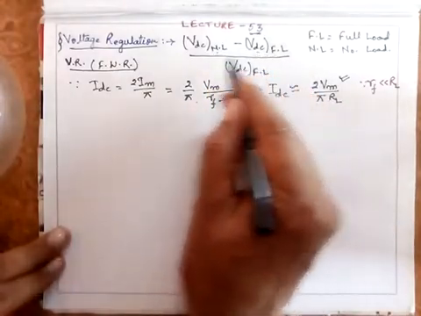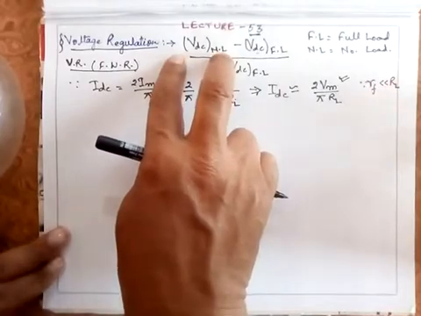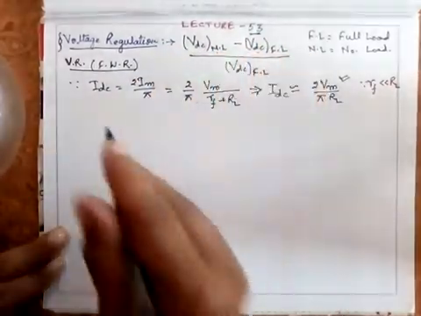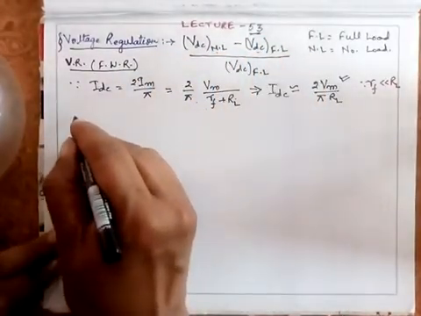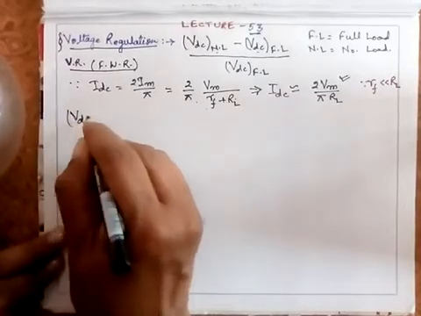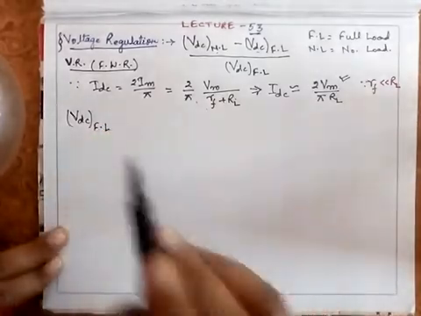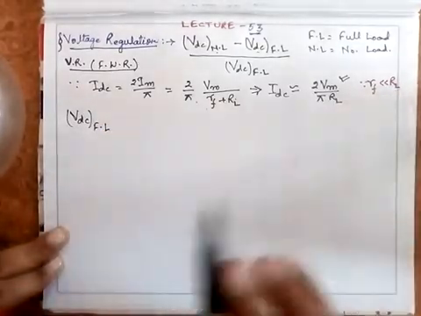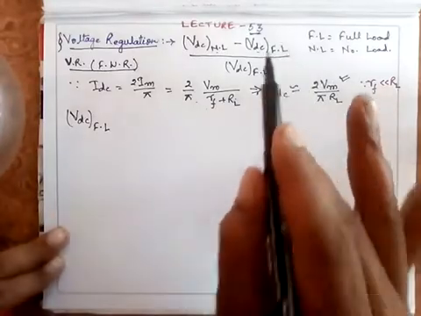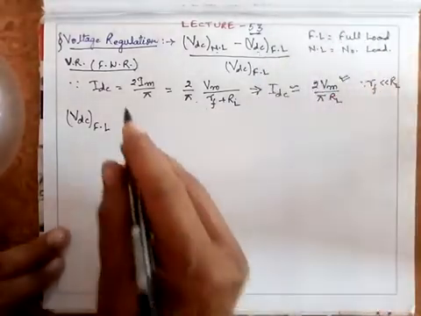Let's find out. I'm interested in voltage regulation, so I have to find VDC at full load and VDC at no load. So let's find out the value of VDC at full load condition. Now next I find the VDC, that is the DC voltage under full load condition. Full load condition means when this RL exists, when this RL is there. Second case, when I remove this RL from the circuit, second case will be that.